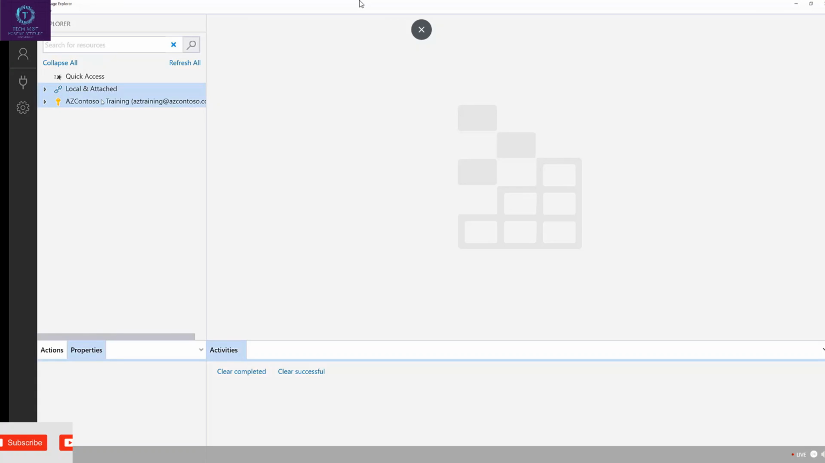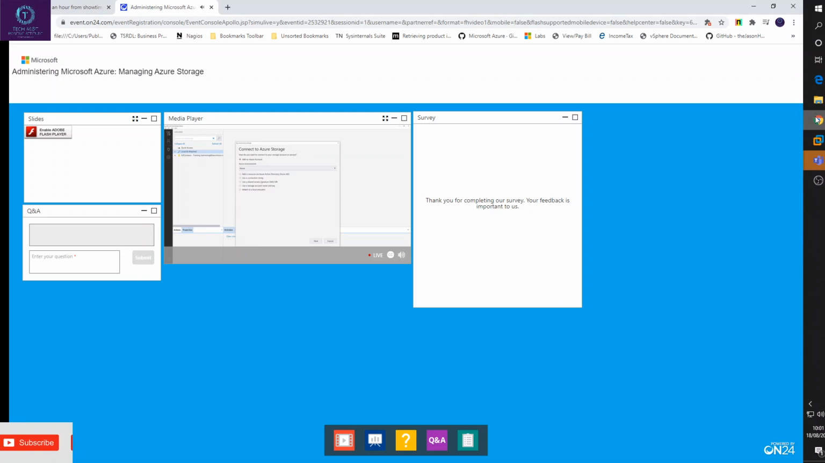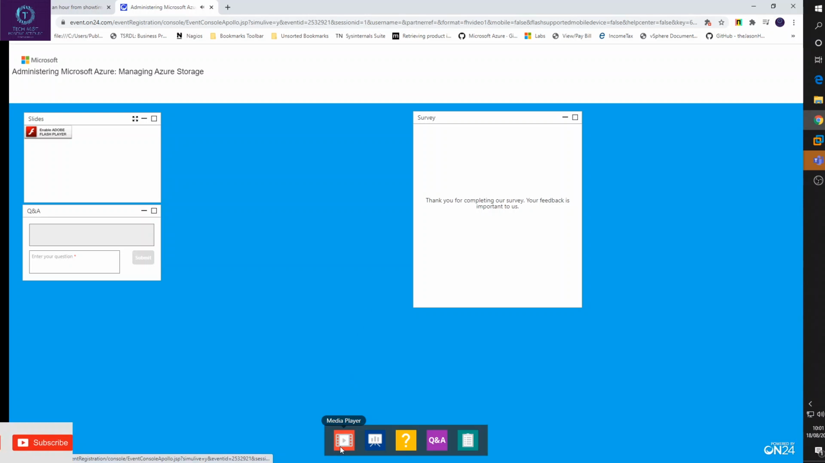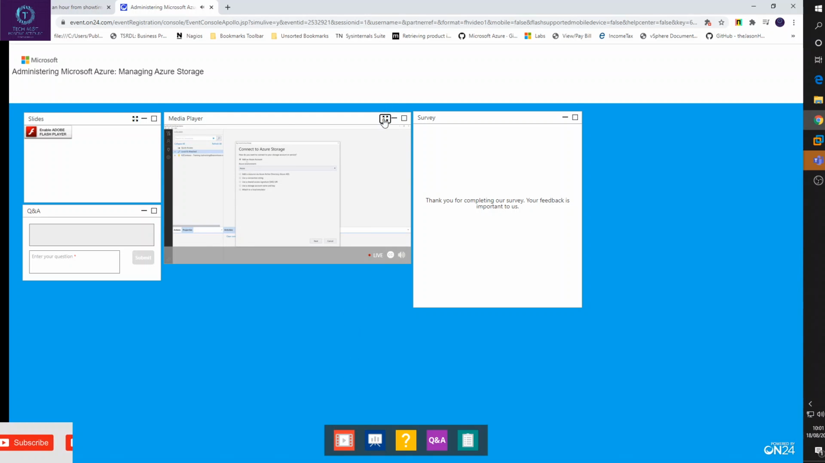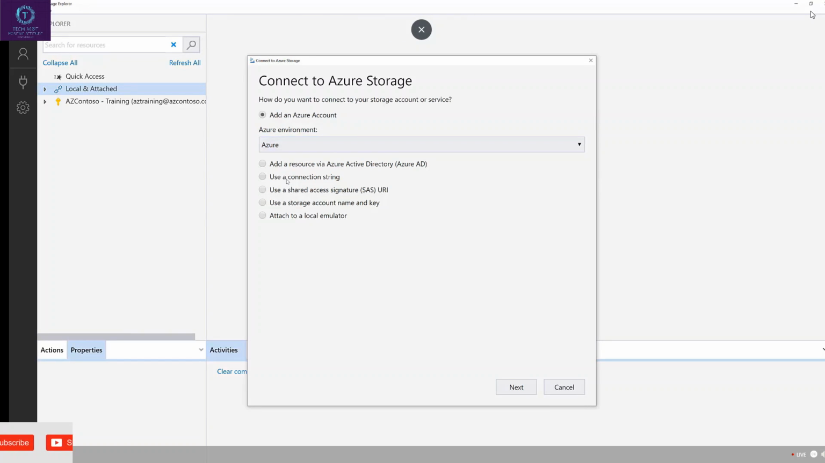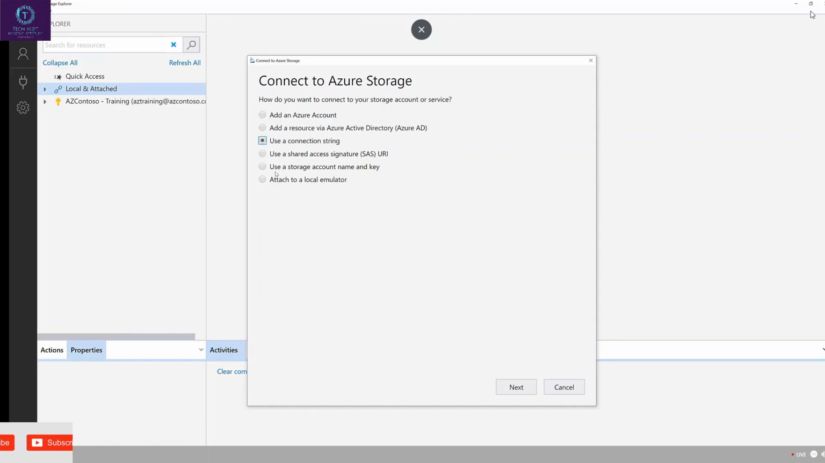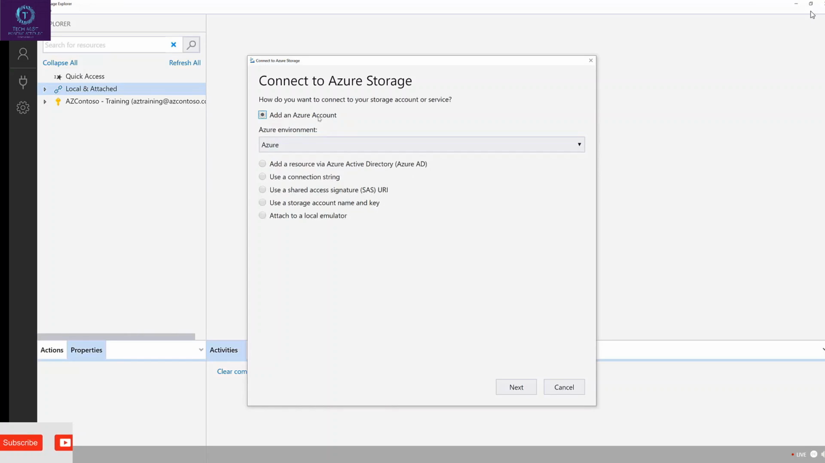Account, but if I wanted, I could just open the connect dialog, and I can also establish another connection. And I have several ways to connect to my Azure storage accounts. I can use a storage connection string, for example. I can use just a storage account name and key. I can basically just use a resource via Azure AD, so Azure Active Directory, or I can use my